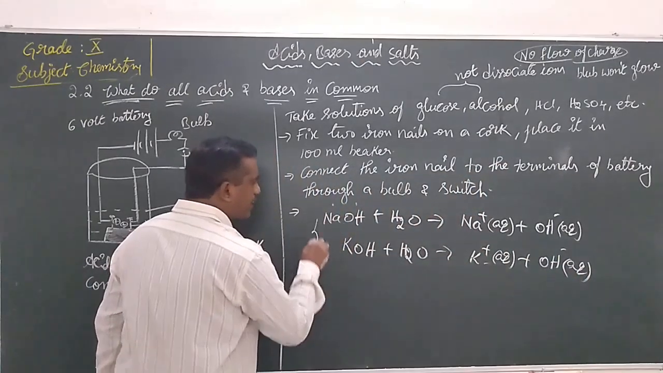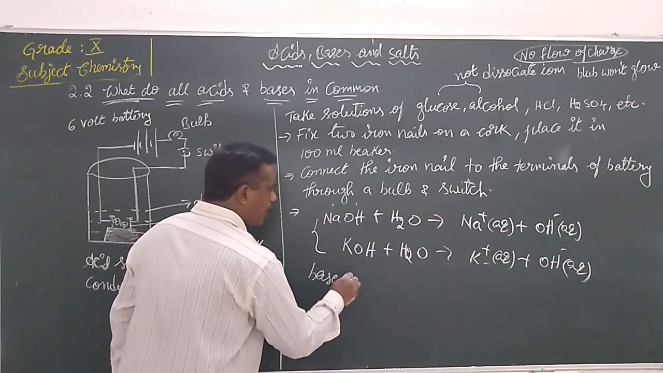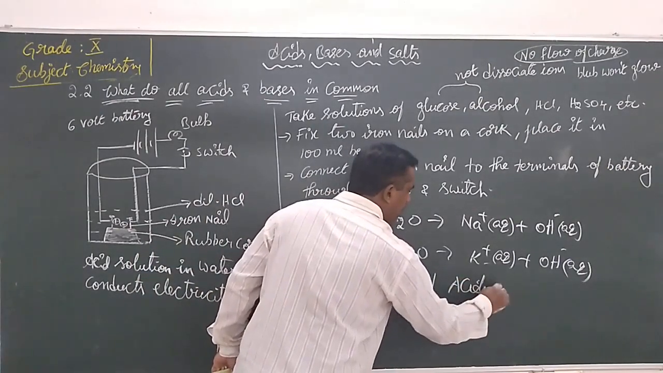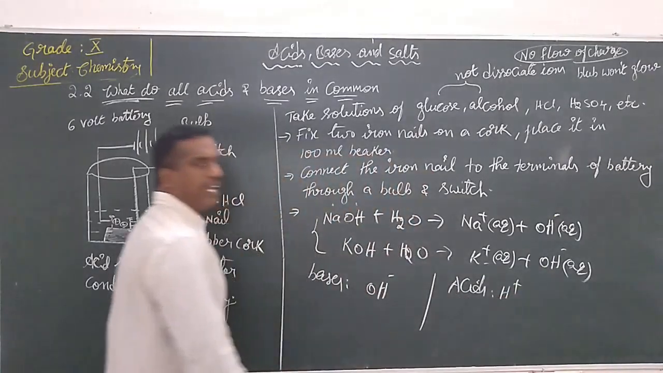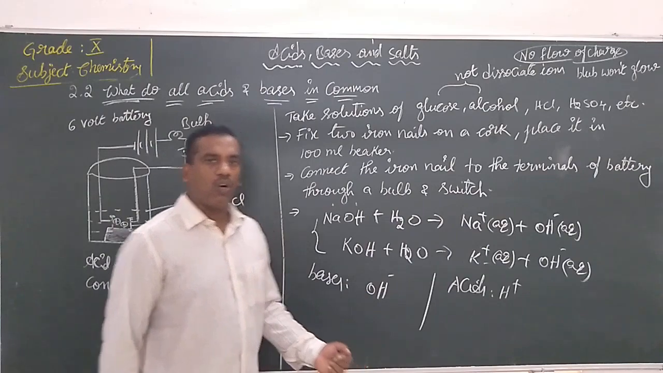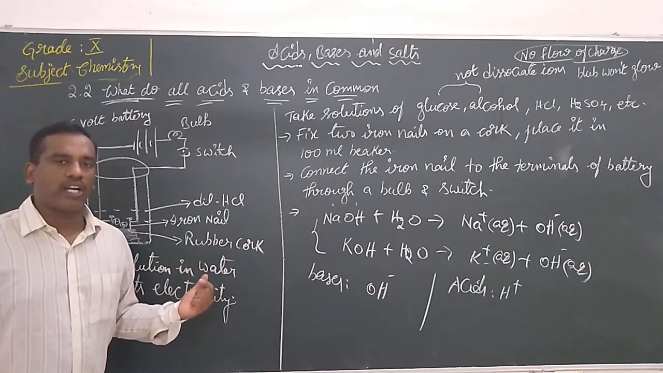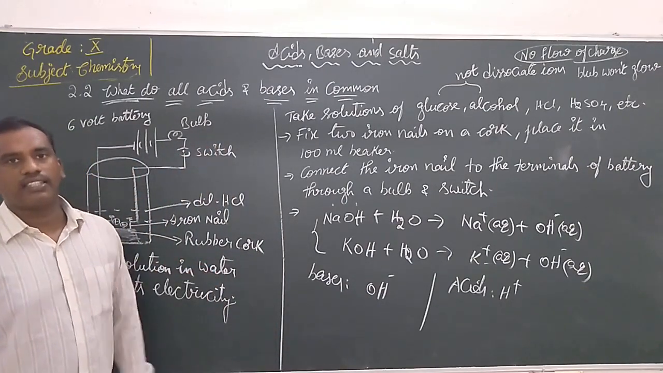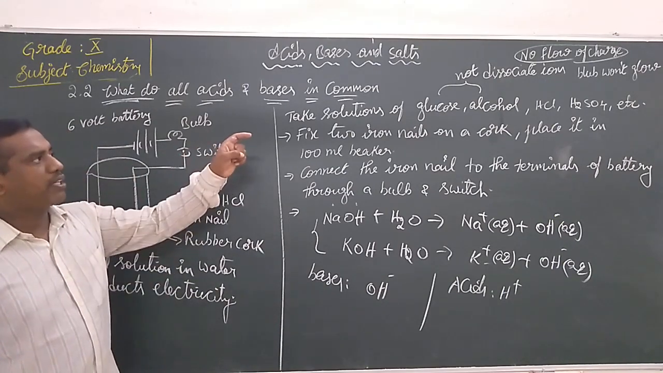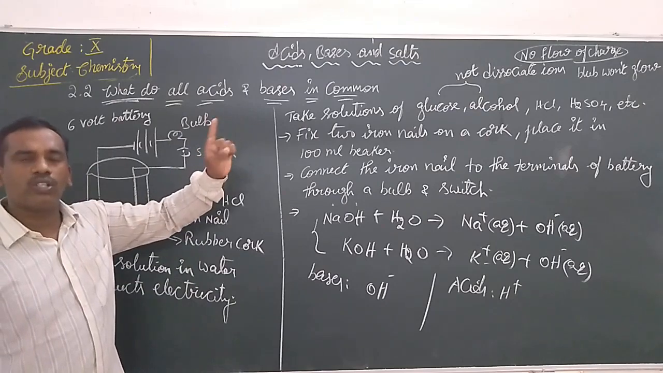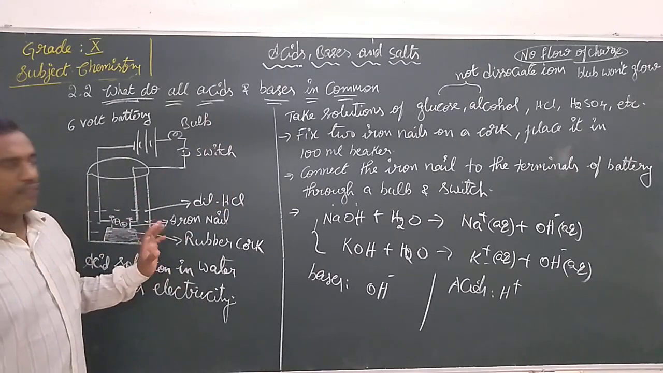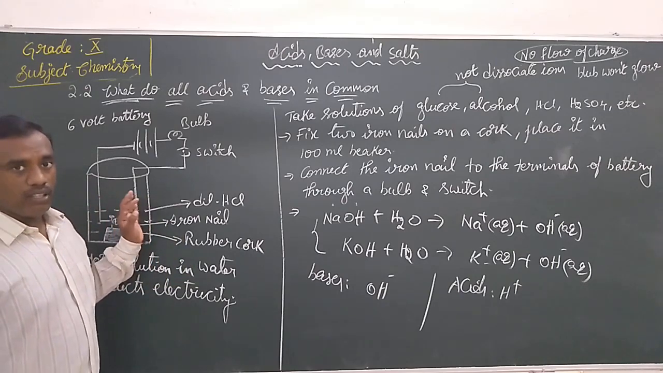So what are the bases producing? The bases are producing OH minus ions, and what are the acids producing in common? H plus ions. These OH minus ions also move from one place to another and conduct electricity. So conduction takes place in the presence of acids and bases, but not in compounds like glucose and alcohol that do not dissociate. That is the conclusion for this activity. Diagram is very